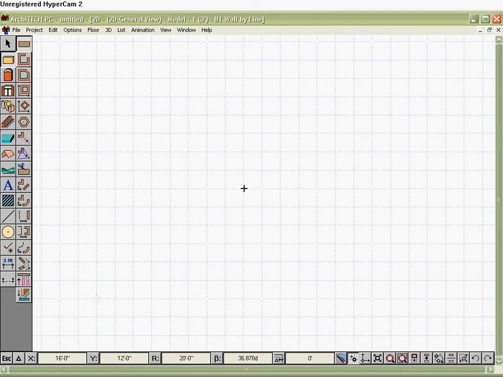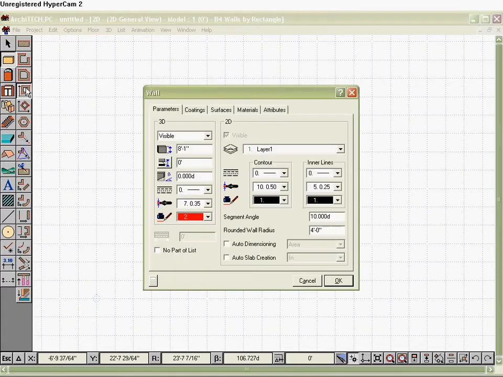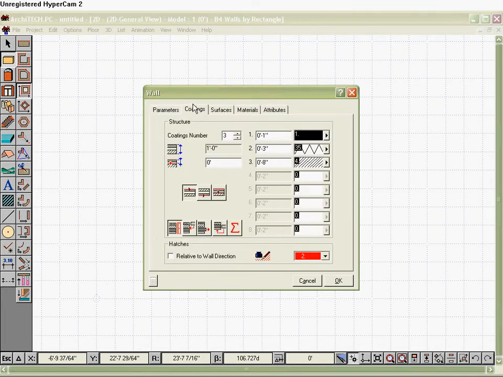Okay, in this installment we're going to just draw a small building. We're going to select this wall tool, double clicking on it, and that will open up our parameters box. We're going to go to the coatings key, and we're going to change the default settings to something that's more appropriate for what we'll be doing, which will